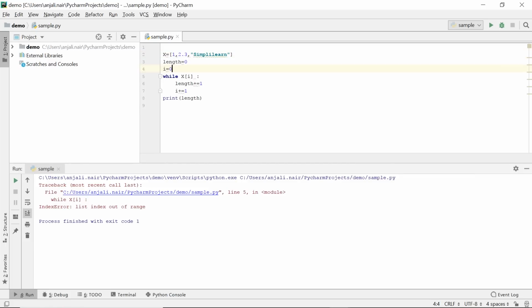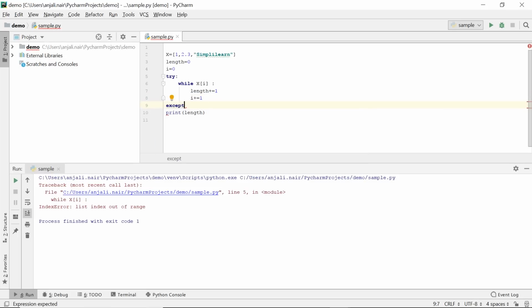So this is where we use the try block. The block that produces an error is put within the try block, and the try block is written with the keyword try followed by colon, and everything within it must be indented slightly to the right. So a while loop is the one producing the error, so the while loop comes within the try block. Now what happens is, once the error has occurred, try will catch this error and we will write another block which will handle this error.